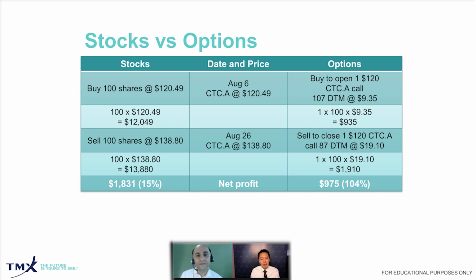What's going to remain at the end on the expiry date is the intrinsic value. Now, for stock buyers, on the other hand, they can hold on to the stock and wait for it to recover. But mind you, nothing is guaranteed. Nothing is going to guarantee that the stock is going to recover.